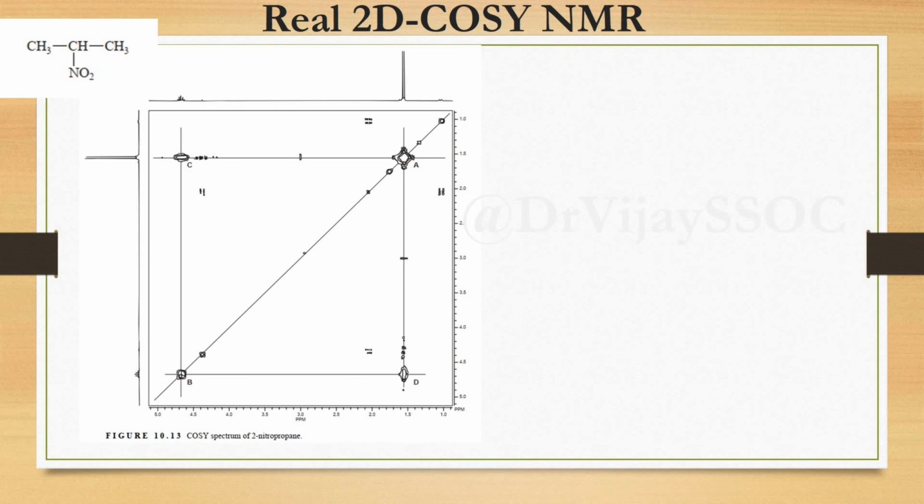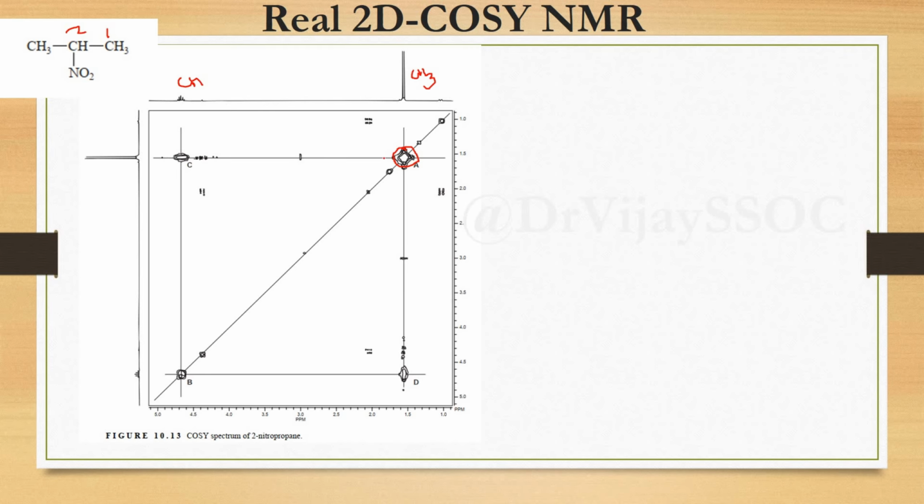So this is the COSY spectrum of 2-nitropropane. There are two types of proton. One is this, another is this, right? This belongs to the methyl proton, and this belongs to the CH proton. Now you can clearly see that there is a